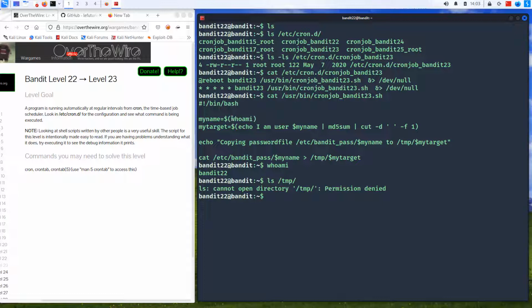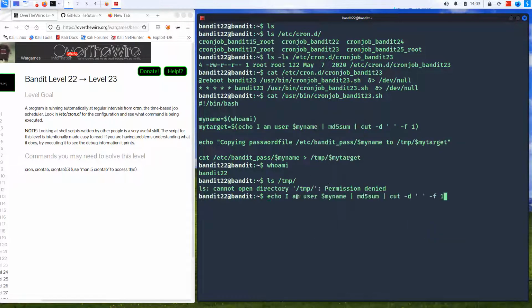If it's run as bandit23, the value allocated to the myname variable will be bandit23. That will be converted to whatever this is, a value will be assigned, and that value will pass through this, right? So let's go ahead and copy this and figure out what it could be